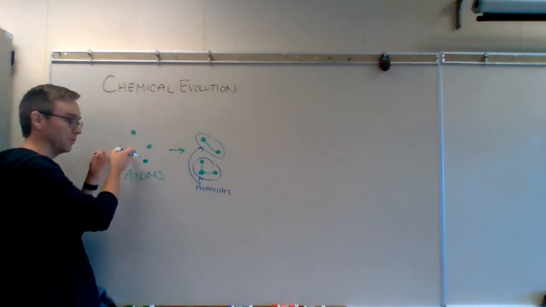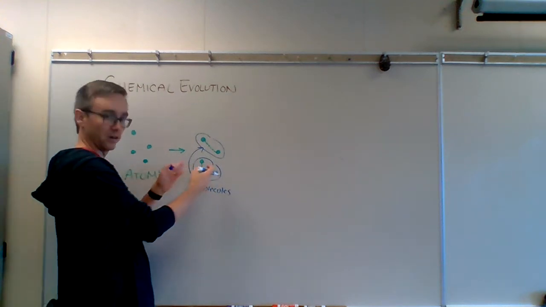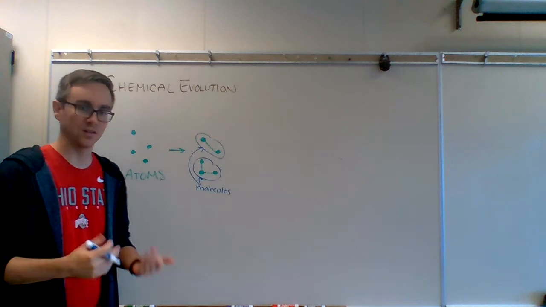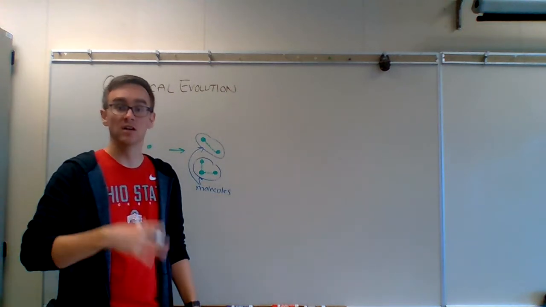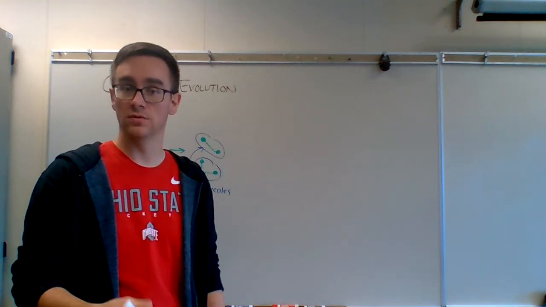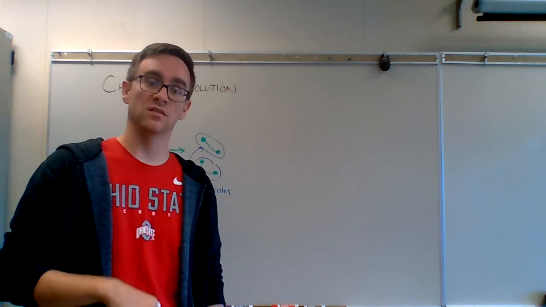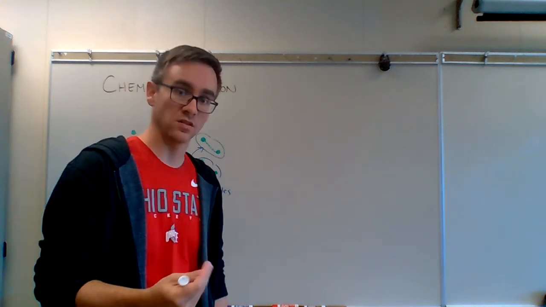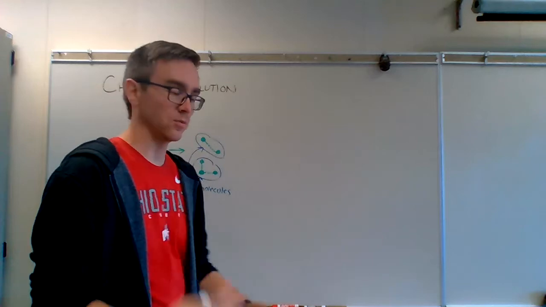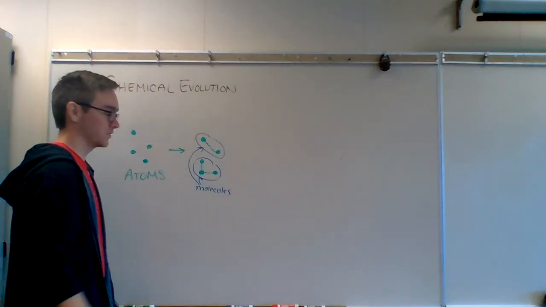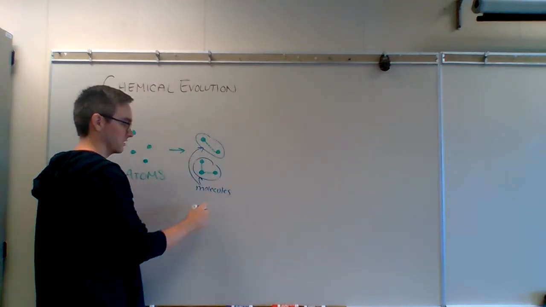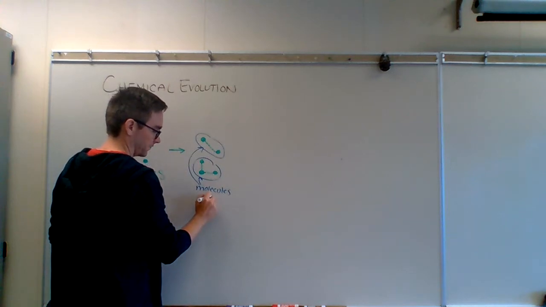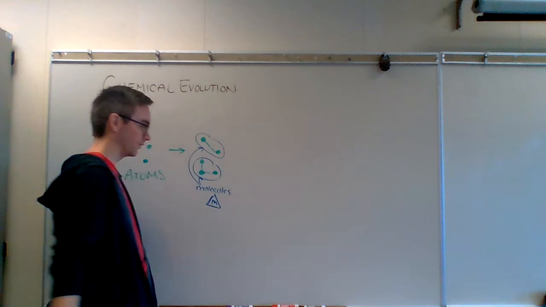So we took some simple building blocks and made it a little more complex. Still very small molecules. We're talking things like water, H2O; carbon dioxide, CO2, that's 1 carbon, 2 oxygens; water's 2 hydrogens, 1 oxygen; methane, CH4. Still very small things. I'm going to use these instead of drawing them each time. I'll draw it with a triangle, a little m per molecule.